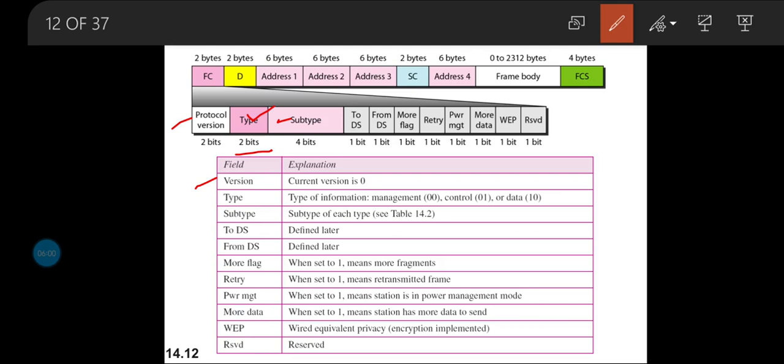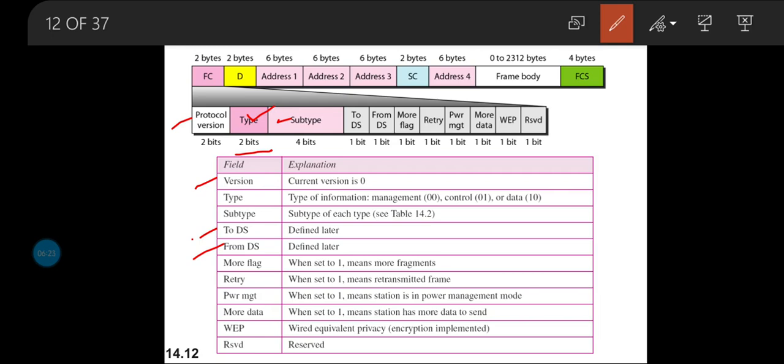From the distribution system we will be having the further connection being made to the internet or to the server. So what we are trying to look at is whether the connection is being established from the distribution system, or it is well within the given base station sets. We will understand this very clearly next.